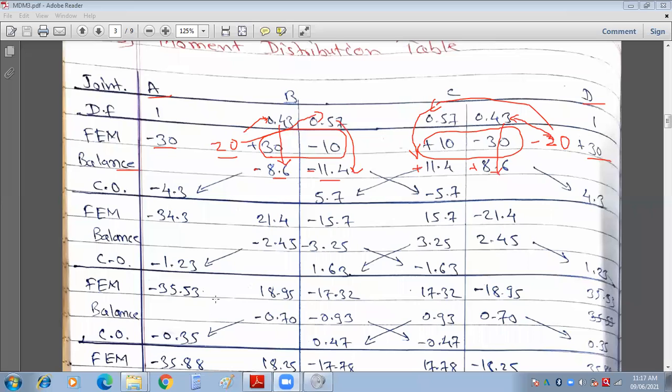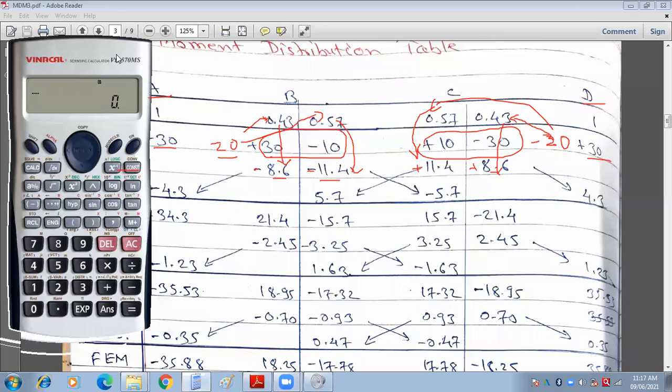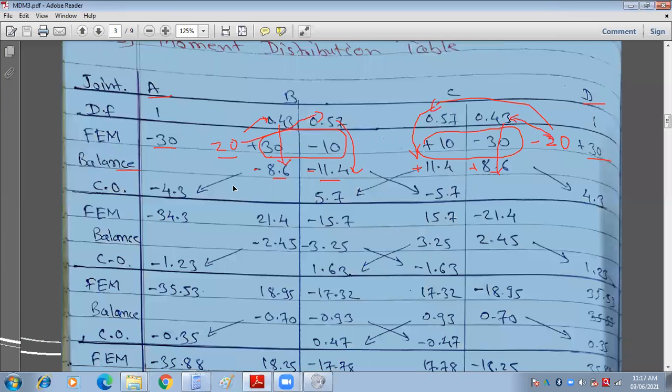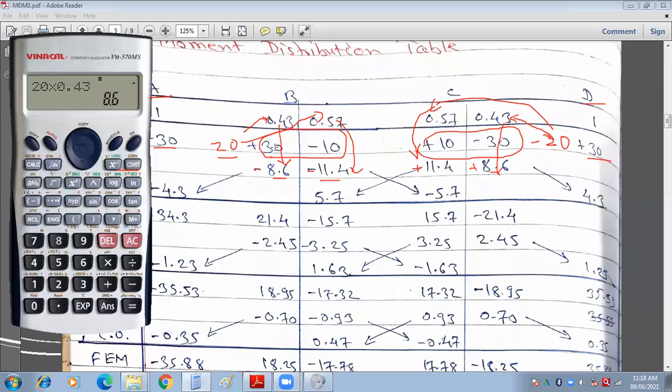Now let us check if the values are correct or wrong. If you see here, geometrically it is similar. The values are only plus or minus. Now let us check: this 20 into the distribution factor 0.43 is 8.6. And we have to take this minus because the difference you get is plus, therefore the balance moment will be minus. Now, next 20 into the distribution factor 0.57